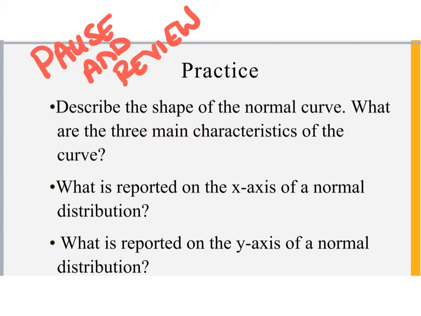Raw scores are reported on the x-axis of the curve when the data are normal, and the frequency with which those raw scores occur is reported on the y-axis. Therefore, the height of the curve refers to how frequently scores along the x-axis occurred. Scores are more frequent closer to the mean and less frequent as you move towards the asymptotic tails of the